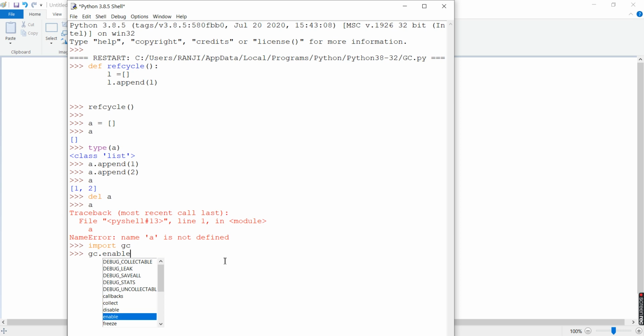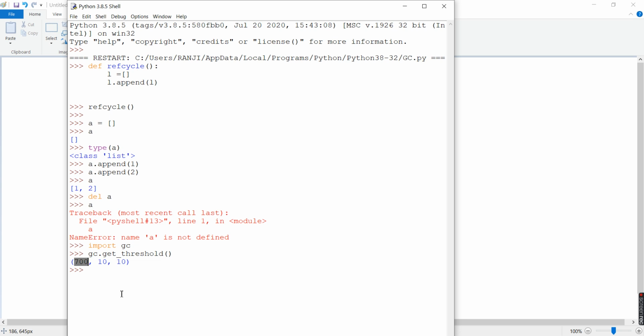If I write gc dot get_threshold, there is this method. You can see it returned a tuple containing three entries. It has a certain meaning. So what you see here is the threshold. What does that threshold basically say?